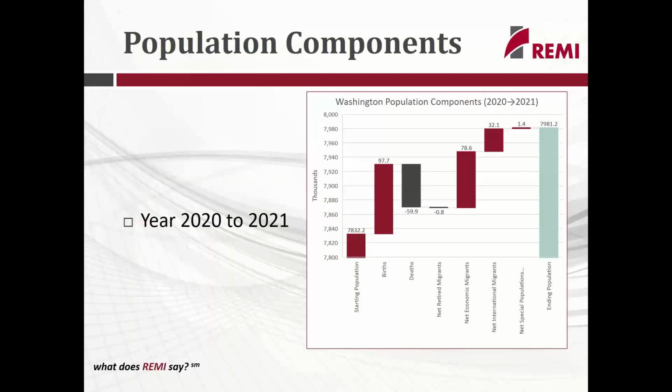In fact, this slide. So here we have our breakdown of what's causing the changes in population. We have our starting population on the left-hand side at around 7.8 million, and then our ending population on the right-hand side about 7.9 million. So we see a jump of about 100,000 net. A lot of that's driven by births coming in at 100,000,